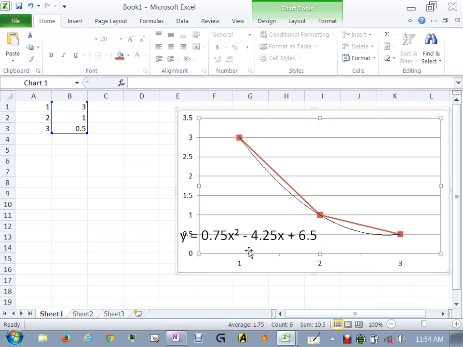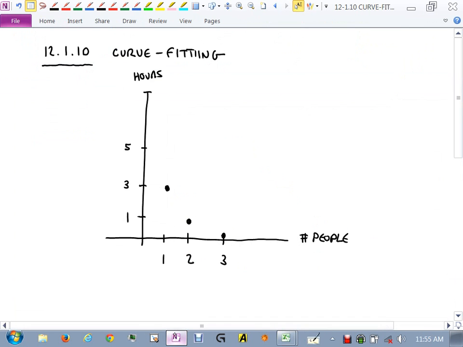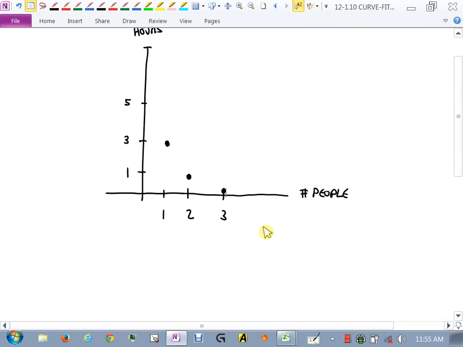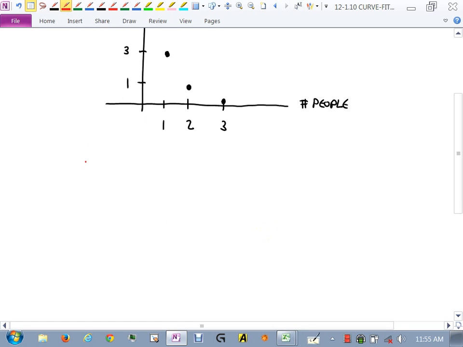How is the computer fitting that data? It's called curve fitting. That's what we're about to do. We're going to see how a computer would fit this data. You ready to do it? Good. I'm glad you're ready. So I'm going to write down our data points. Our data points are (1, 3), (2, 1), and (3, 1/2). Yes? I would like us to fit